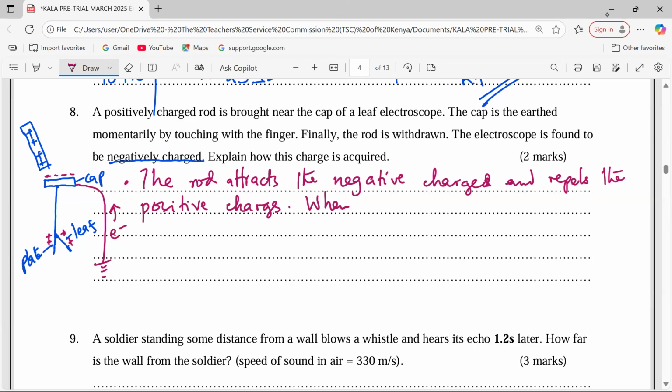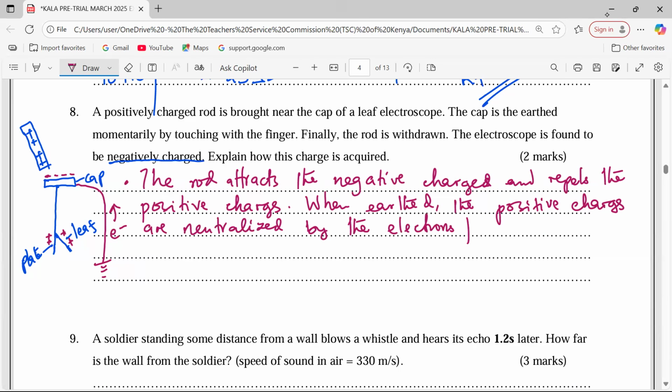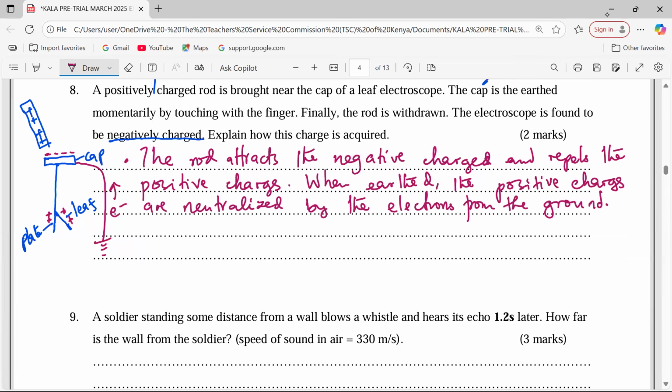When earthed, the positive charges are neutralized by electrons from the earth. Electrons from the ground. When the rod is withdrawn,